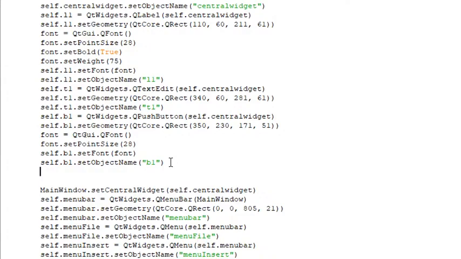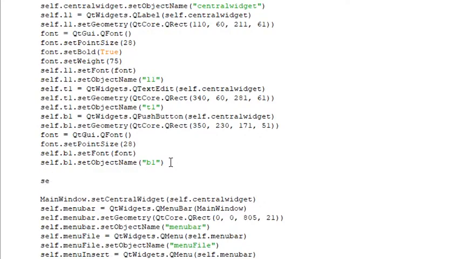So for that I am going to add this one single statement for you to observe. Self dot b1, the object name, dot click dot. So whenever that b1 is clicked, then I am asking it to connect to,